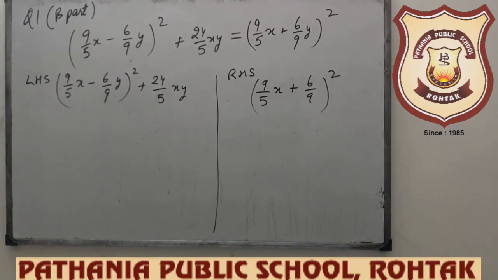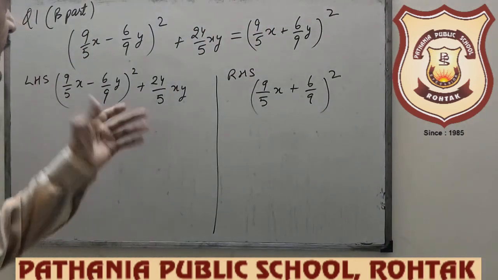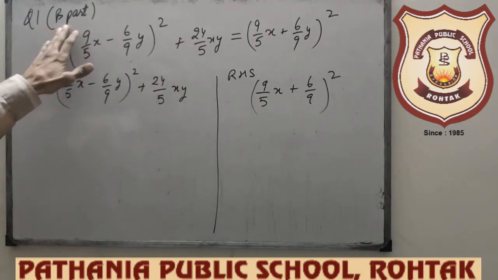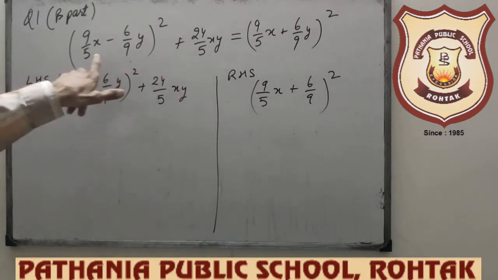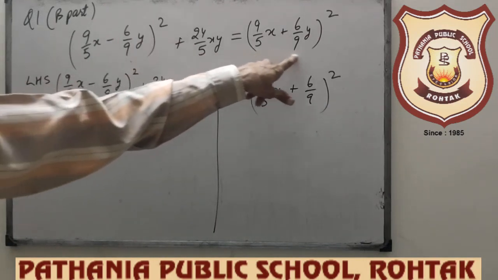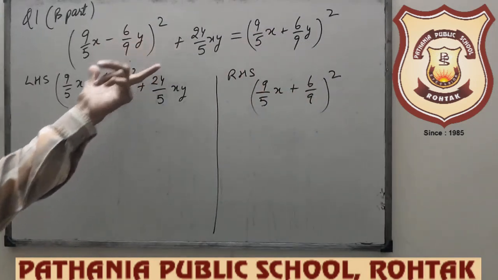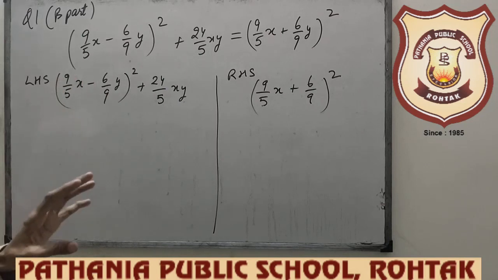Now beta, some more questions based on the same identities, but the level of thought is very high. So what is given? This we have to prove in part B, first question. Prove that this side is equal to this. So there are two sides. This one is the right hand side and this one is the left hand side. So simplify both the parts. You will get the same answer at the last.